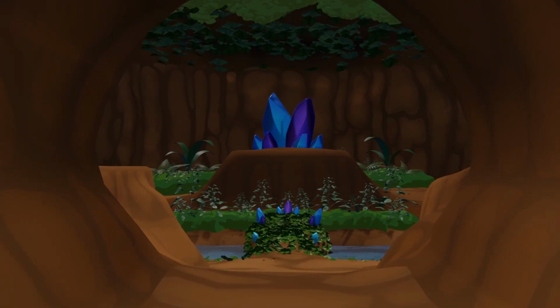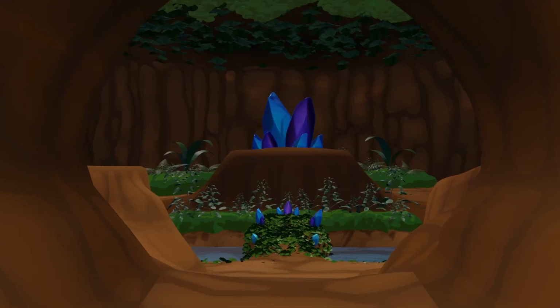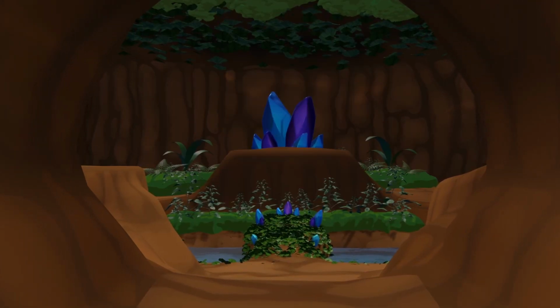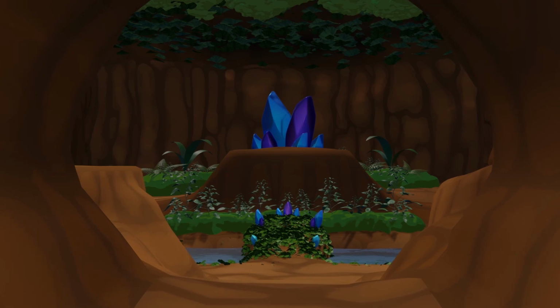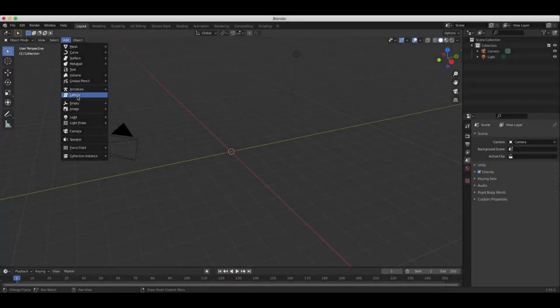This is my creative process in creating caves as backgrounds for my webcomic Dragon Legacy, which you can read in the link description. The cave you see here was done previously, but I'll take you through a new tutorial. So let's get started. So first thing, I opened up the reference image by going to Object Mode, Image and